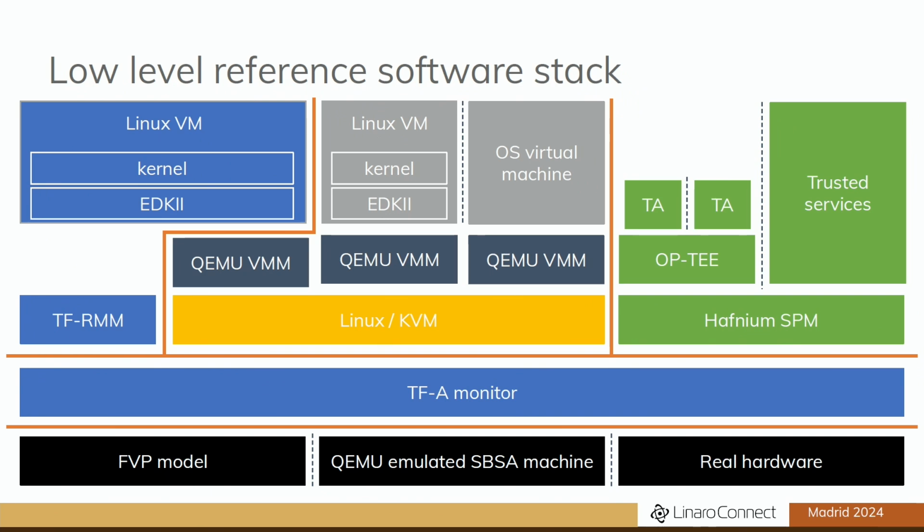It's interesting to notice that every time I show this picture, someone comes to me saying, this picture is a little bit complex. And I say, yeah, it is, because that's, unfortunately or fortunately, I don't know, the environment in which we live in. If you look at the ARM platform today, you can have, of course, real hardware. We have the FVP models provided by ARM and that are used by many of their partners. And we have the QEMU emulated environment. For quite some time now, Linaro has been investing to provide an SBSA compliant machine type for QEMU.